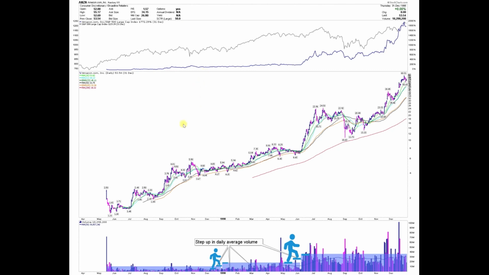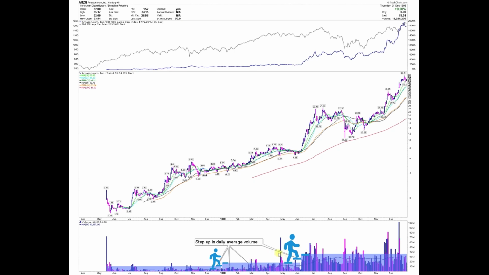On our charts, what we have here is a chart of Amazon going back to its IPO days. Amazon, when it started trading, saw very minimal volume, less than 4 to 5 million on average for a 50-day average volume. Obviously, this chart takes into account the splits since then. The concept that we're trying to cover here is the step up in daily average volume that we see in the stock over time from its IPO in 1997 all the way to the end of 1998.